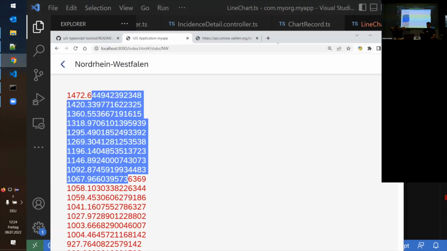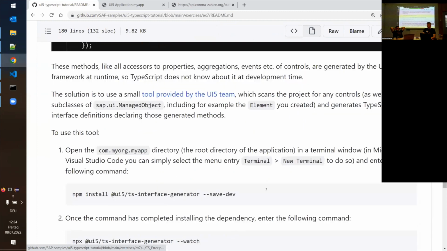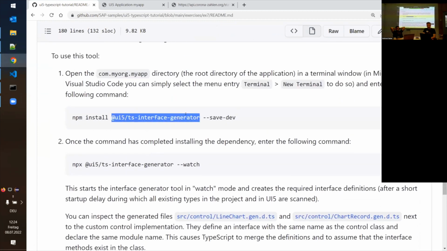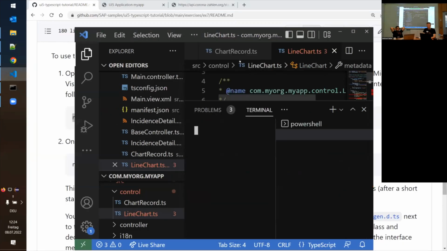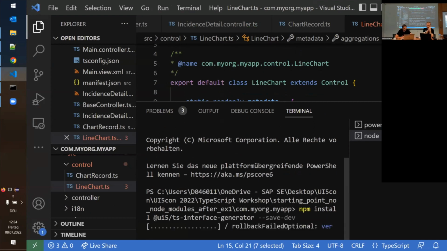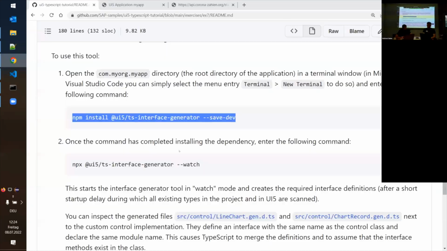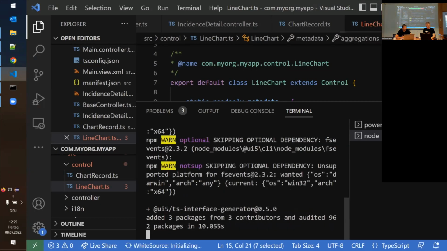So for this tool, let's go to the instructions again. The tool has the npm name @ui5/ts-interface-generator, and you can just install this as a dev dependency. It only needs to run while coding, not at runtime. So this is installing the dependency. And we can call this tool then with